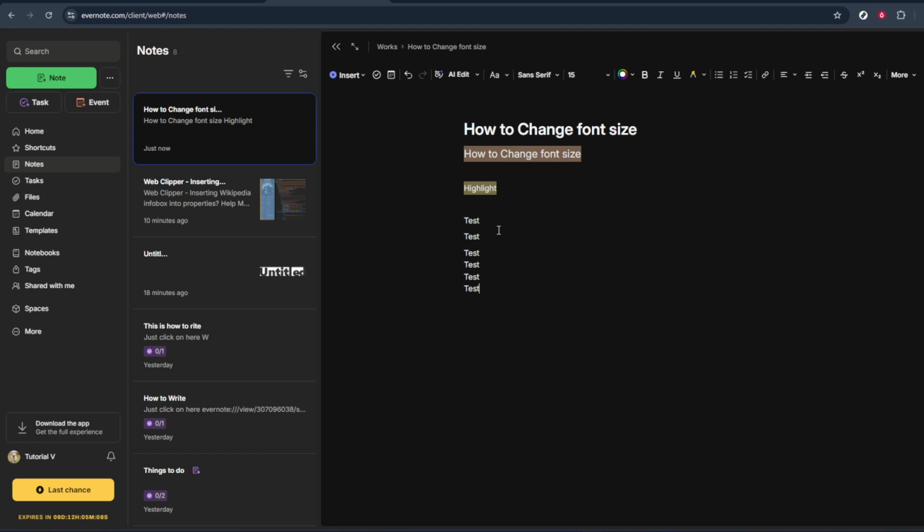Keep in mind that this method affects line spacing within the same paragraph structure in Evernote. Regular Enter is best when you want a clear separation between sections or ideas, while Shift plus Enter is ideal when you want lines to stay visually grouped together. So to sum it up, the trick to changing line spacing in Evernote is using Shift plus Enter to create a tighter single-spaced line break instead of the default extra space you get